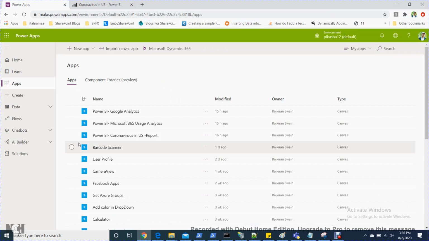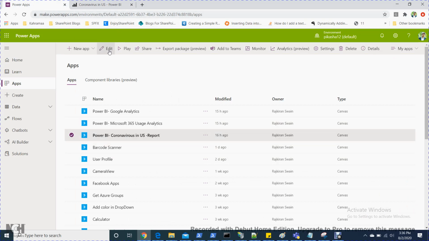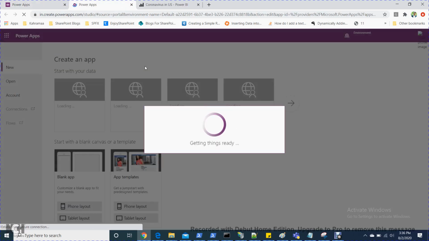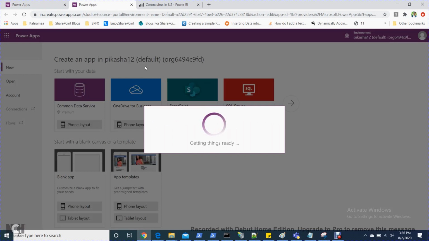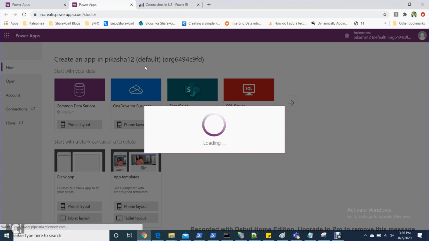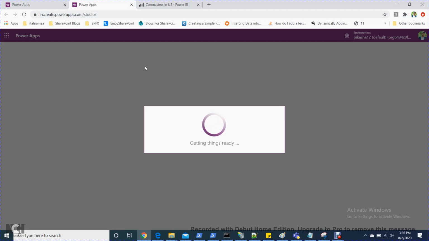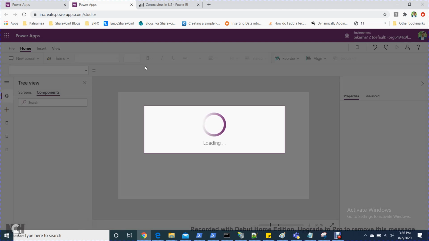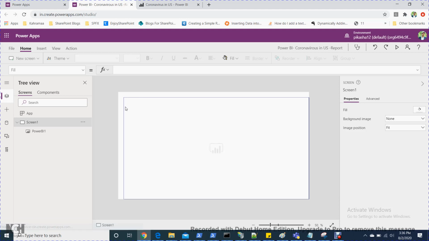Here I have already done it, so I'm just going to click on edit. Simply create a new canvas app. You can do it in phone layout or tablet layout. It will take some time to open. Once it is open, now what we'll do,